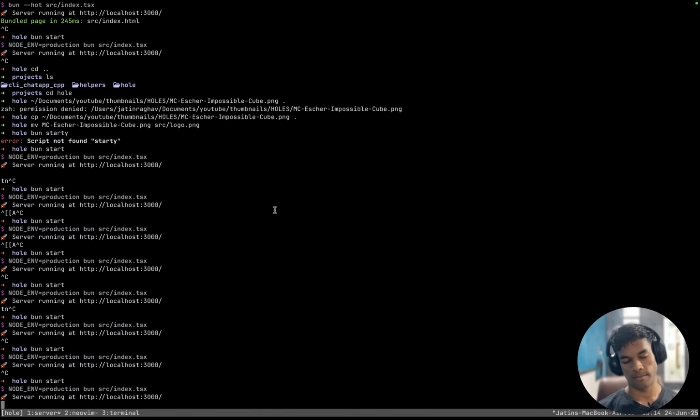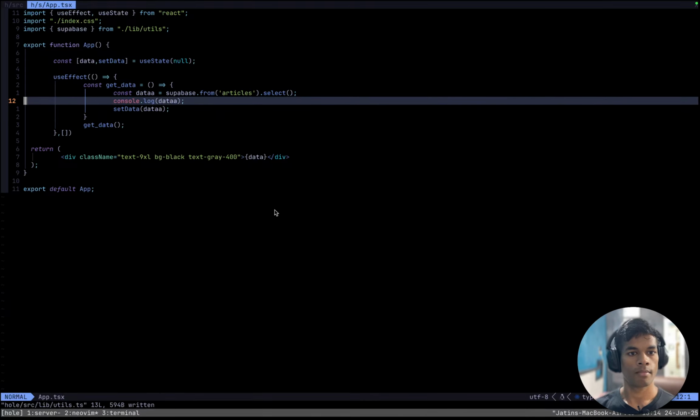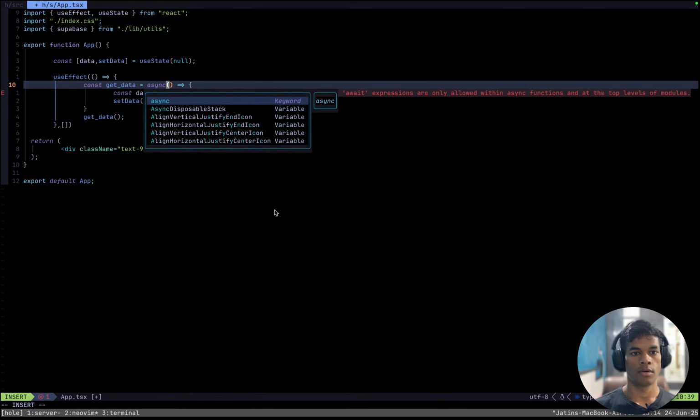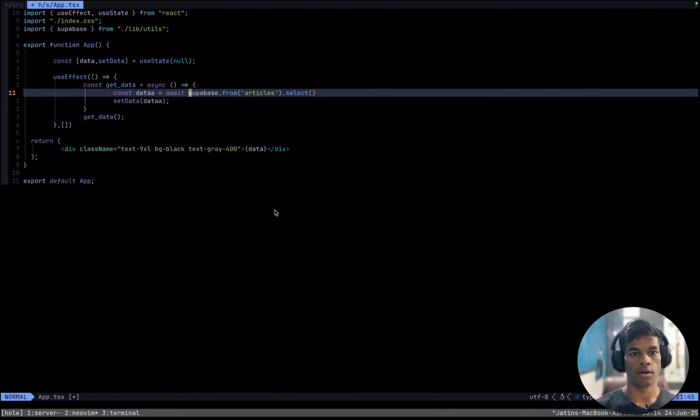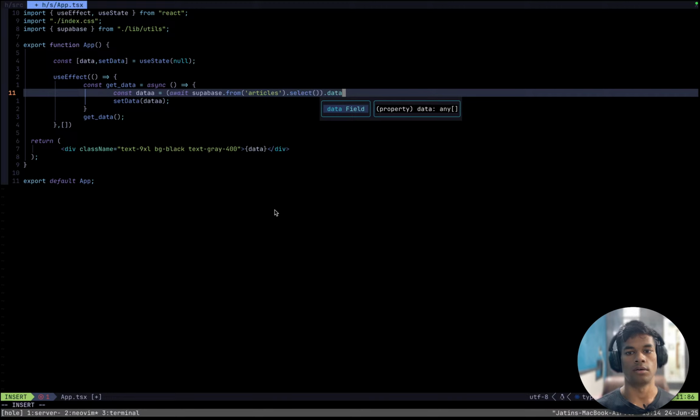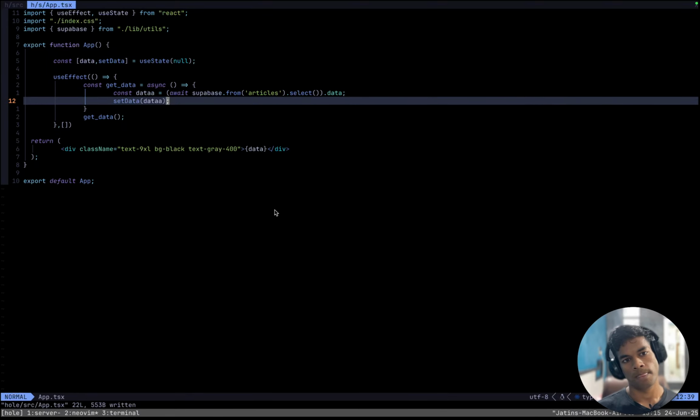Okay, and this also has to be await, right? Async await, and go to the end dot data. Right. And it is not a function. And yeah, I will have an array now.